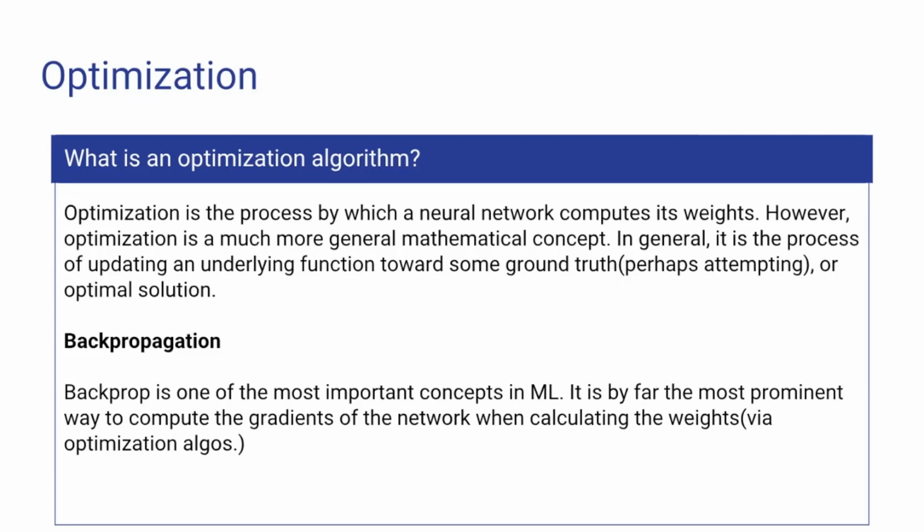All right, and then this is a very important concept at the foundation of all of connectionism, machine learning, AI, and neural networks in particular. Hinton is very big on backpropagation, as he thinks that humans do it in some form or another. And it's by far the most prominent way to compute the gradients of a neural network. There's really nothing else that is used.